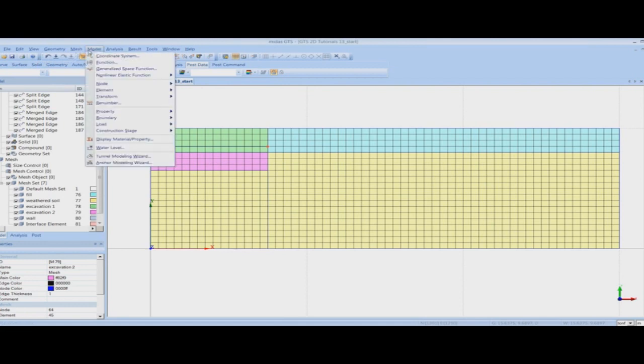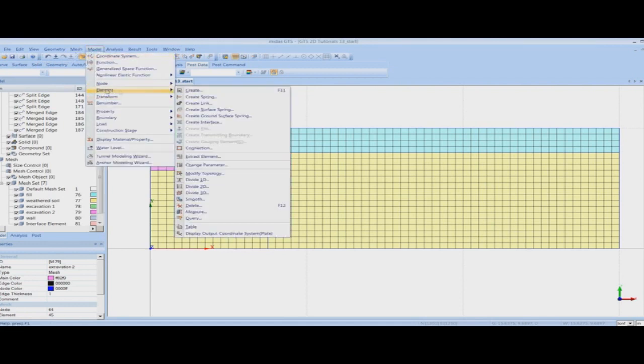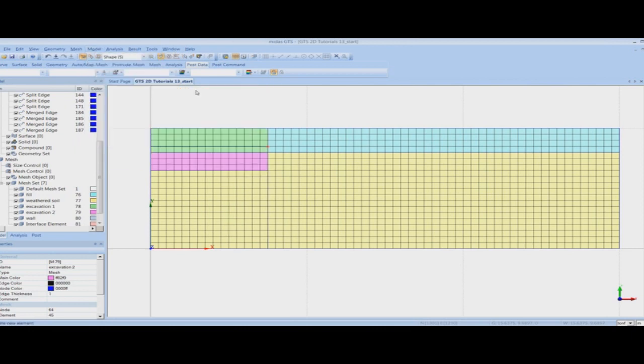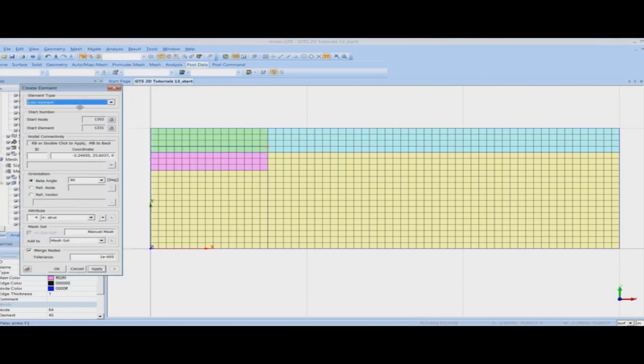Now I will create the strut element. For creating the strut element, I will go to the create element option, and I will create the line element by selecting the two nodes. So I've selected these two nodes and I've created a strut here, and I can provide it an attribute for the strut, and I will put it under the option for strut.